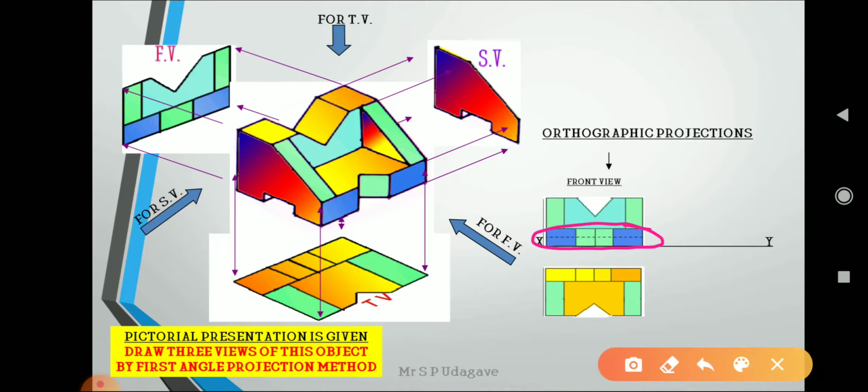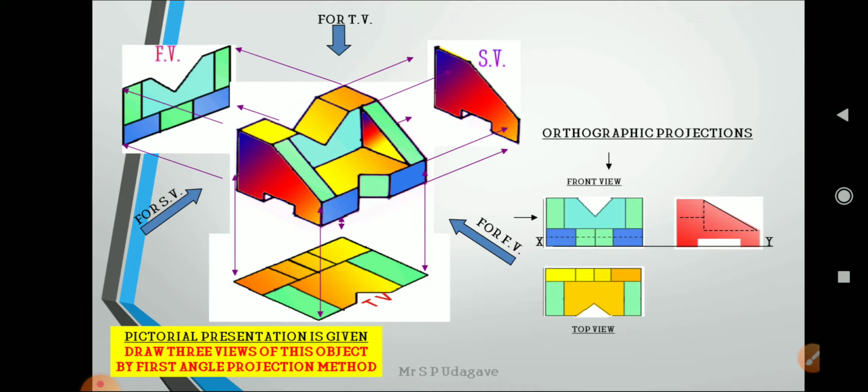So that is a dotted line. This slot is provided throughout the object, so the dotted line represents that. Also in the top view, though it is not shown here, you can show the dotted lines for the slot at the exact position from the edges of the object. You can measure the distance from the edges and draw the dotted lines for the invisible portion, which we cannot see in the top view, that is the slot provided in the object. Similarly we can complete the side view also.